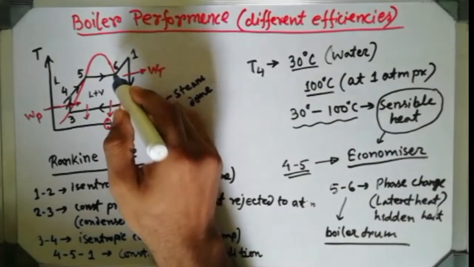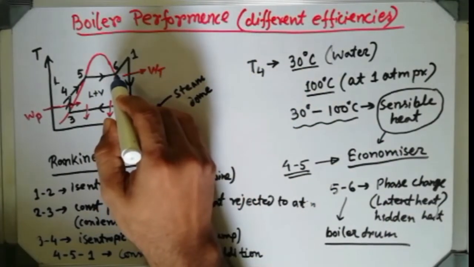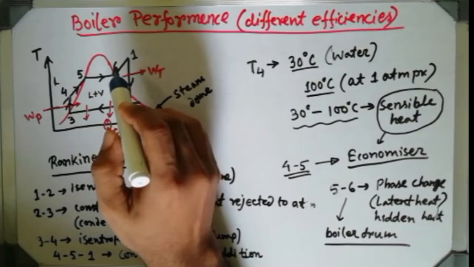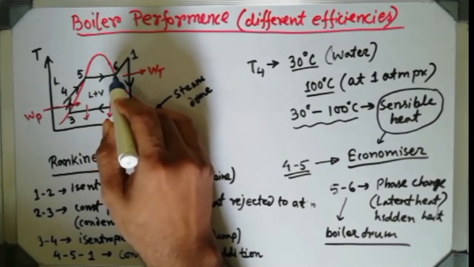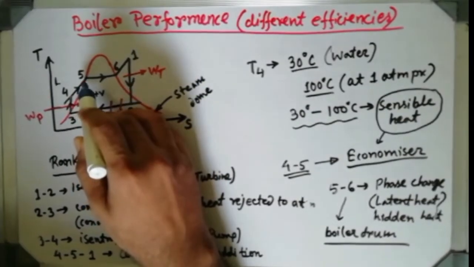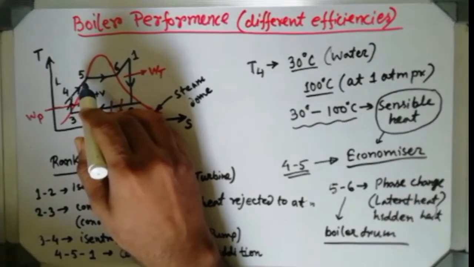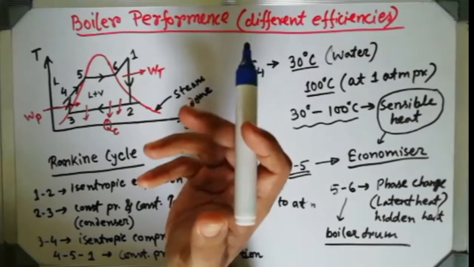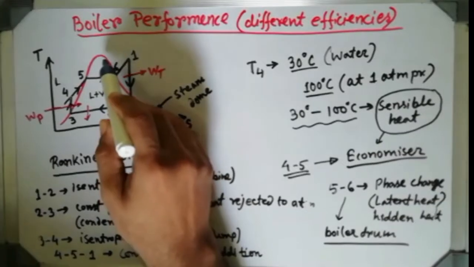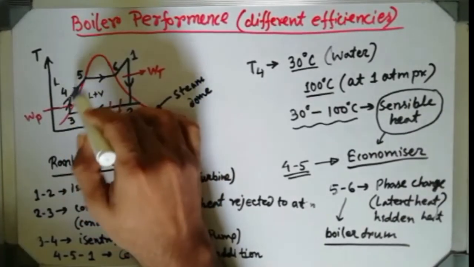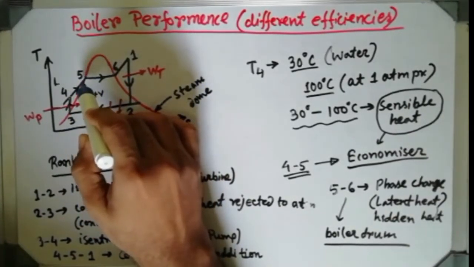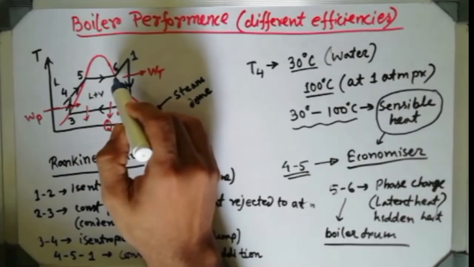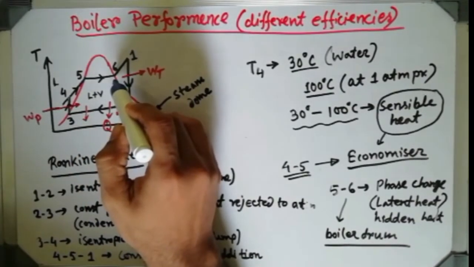Now, while the temperature is being reached at point 6, that point 6 temperature is also the saturation temperature, but point 6 is the dry saturation temperature and point 5 is the liquid saturation temperature. These things are very well known for us. That is a dry saturation line, this is a liquid saturation line. So T5 will be the liquid saturation temperature, T6 will be the dry saturation temperature.